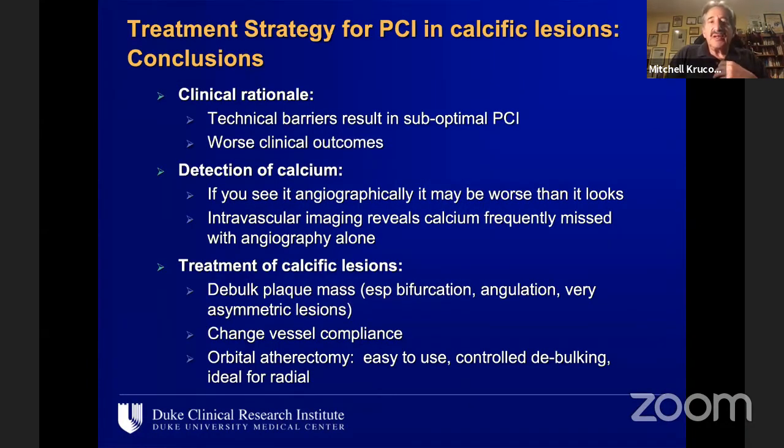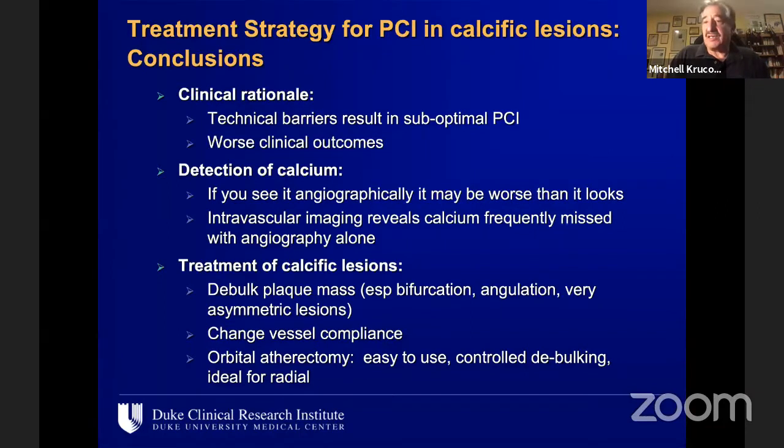So to conclude, I think treatment strategies, from my perspective, you really need a clinical rationale, a means of detecting the level of calcium, and an approach to treating in a very systematic but not overextensive kind of way. The clinical rationale here, of course, is that calcific lesions provide any number of technical barriers that can result in suboptimal PCI, and that's associated with worse clinical outcomes. Whether we modify that